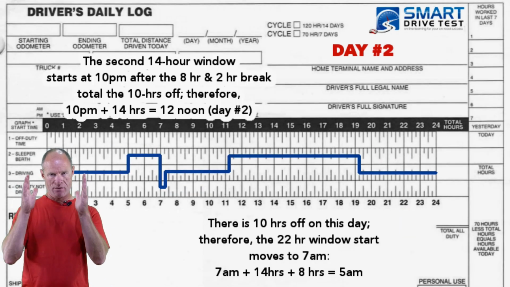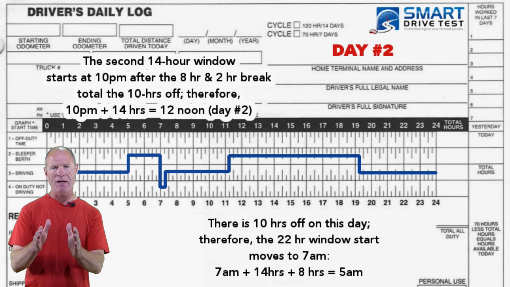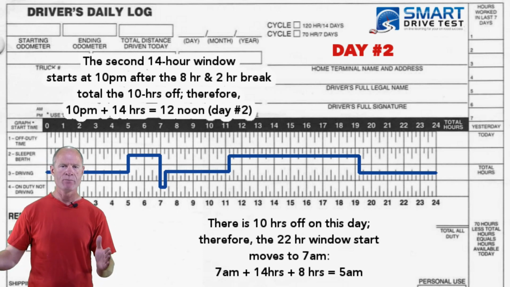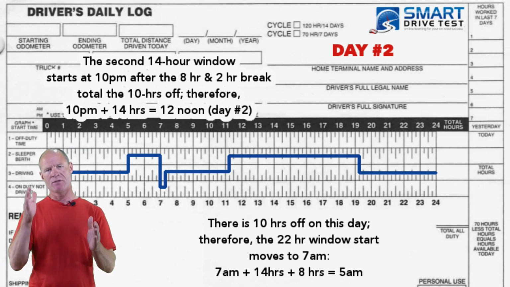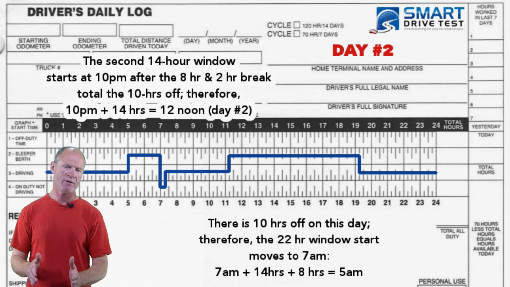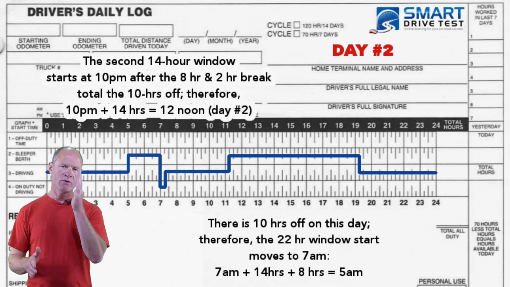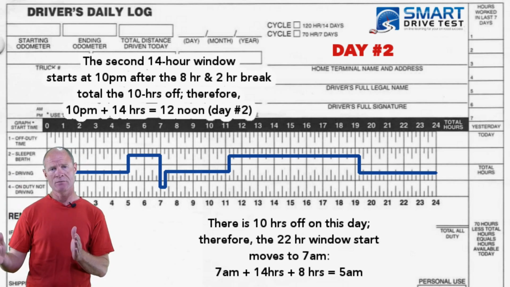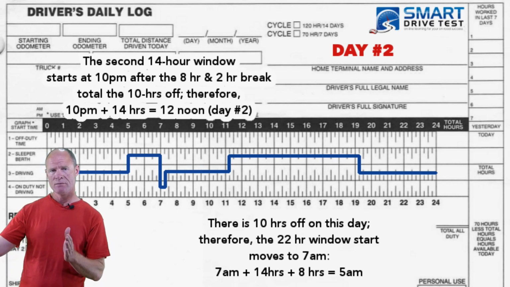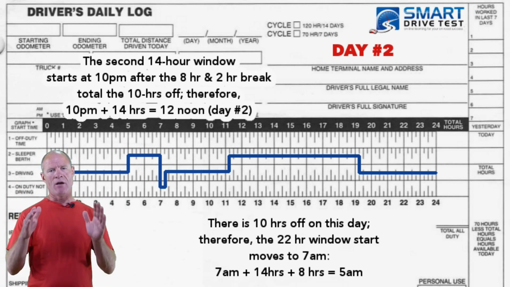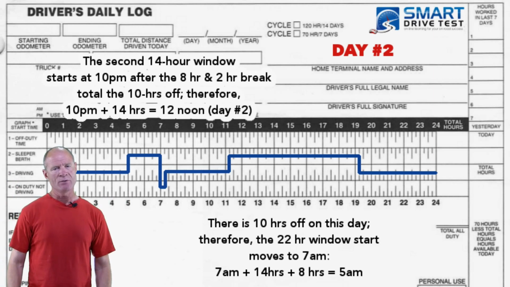And because the 2-hour block is counted in our 14 hours, it's 10 o'clock at night to noon that is our 14 hours. So essentially from 5 a.m. to 7 a.m. we take off in the sleeper berth. Because we've already driven 7 hours, we only have another 4 hours. So if we start driving at exactly 7 o'clock, you can drive to 11 a.m. and then you cannot drive any longer, but you can work until noon, but you can only drive another 4 hours because you're up against that 11 hours. Now, if you just stop driving at 11 a.m. and don't work any farther,